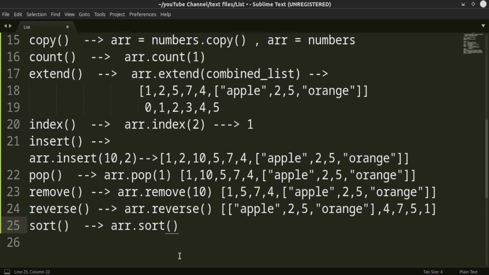There is another parameter, which is key. There you can give single-line functions. They are lambda functions. We will discuss them in more detail in future videos. Don't panic about it. You can give your key value, and based on that, the list will be sorted,